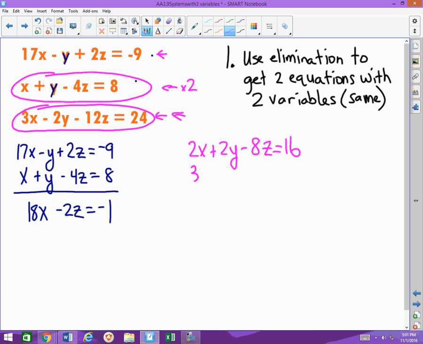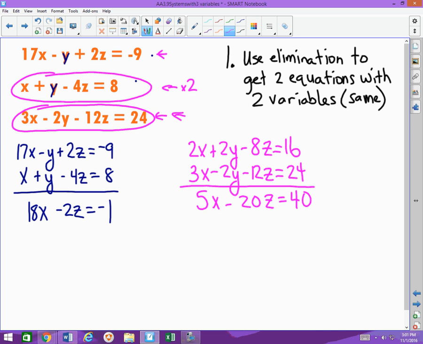The third equation is just going to stay. And now when I add those together, I will get 5x minus 20z equals 40. So now I've completed step 1. I've got it down to two equations